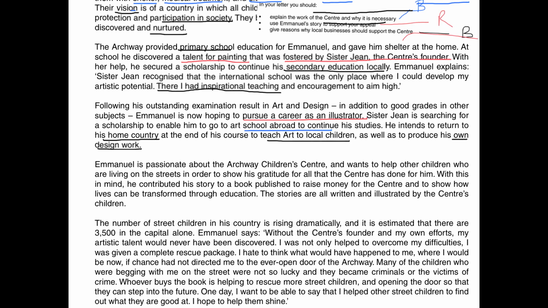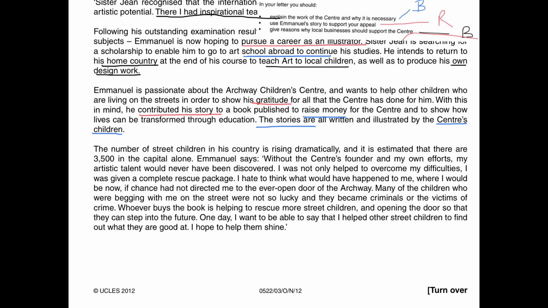So I've got some work of the centre going on there. They're raising money. They've published a book to do it. And they've done it with the children, so they're empowering them. A bit more of Emmanuel's story. He's grateful and he's contributed a story to the book. And then I scan over again and I realise that there's nothing new in here about why businesses should support. So I now move to the final